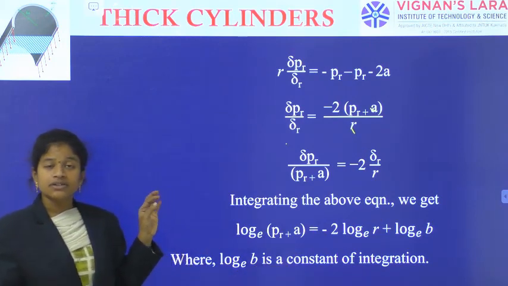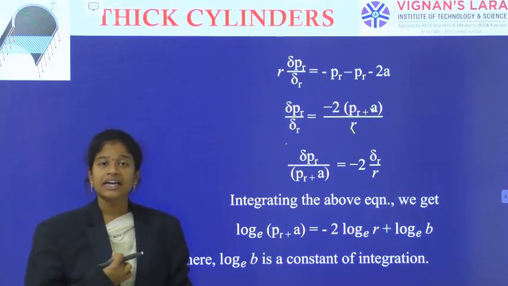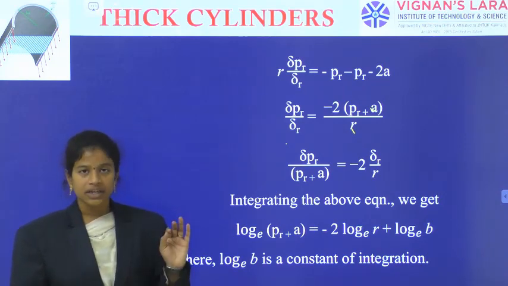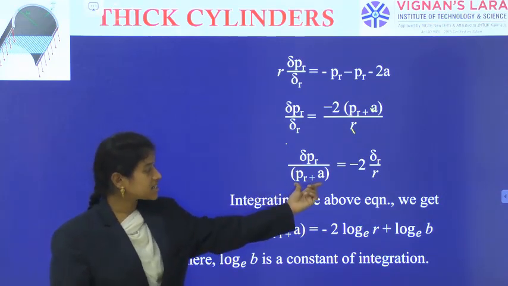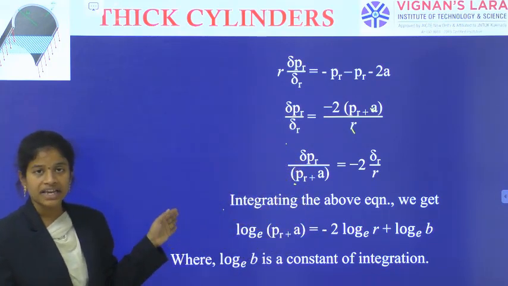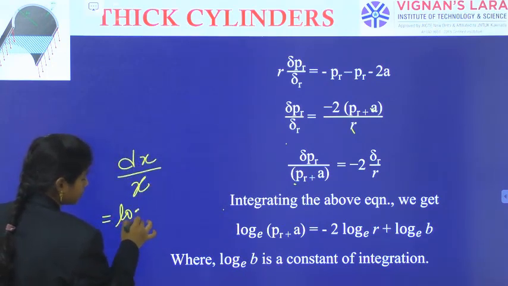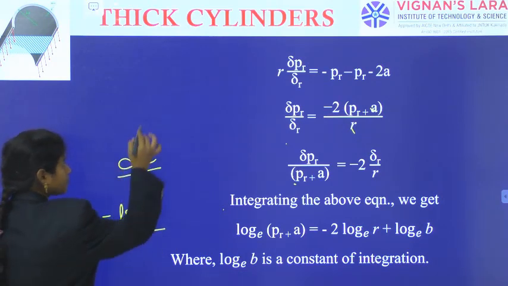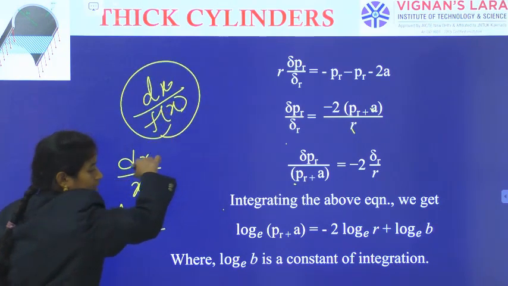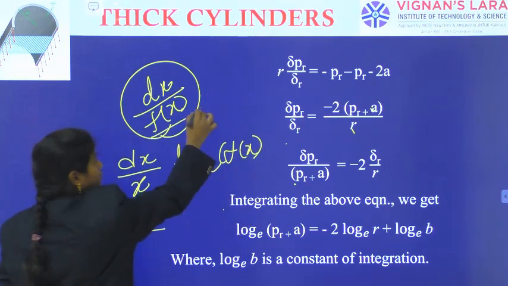And once you observe this function, when you have enough concept in mathematics, you can say it is appearing like a derivative of the log function. The derivative of log of x is equal to 1 over x. Okay, so in that way it is coming. That's why this function's derivative may appear. So integrating the above equations, you can get 1 over x. dx by x is equal to log of x in the natural, or dx by some f of x, if it is there, the corresponding log to the base e of the corresponding bottom function.